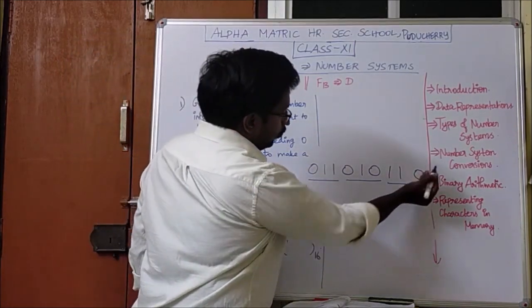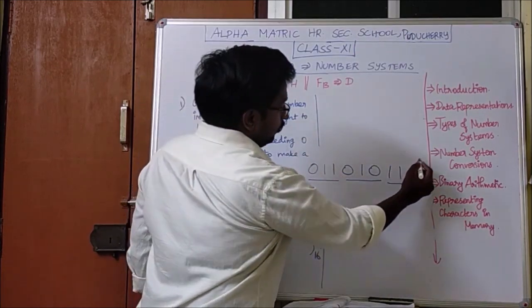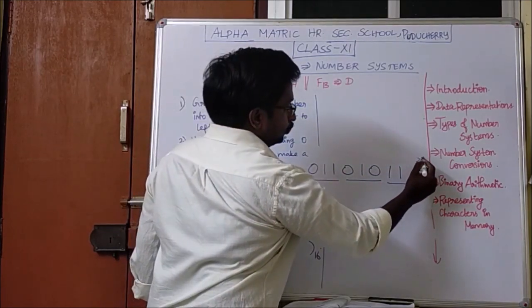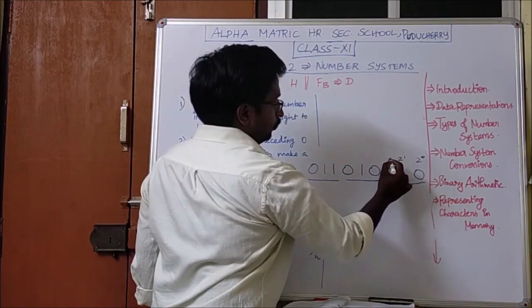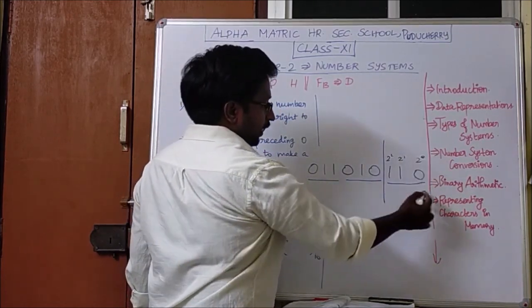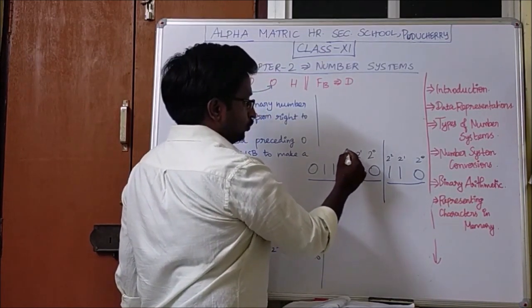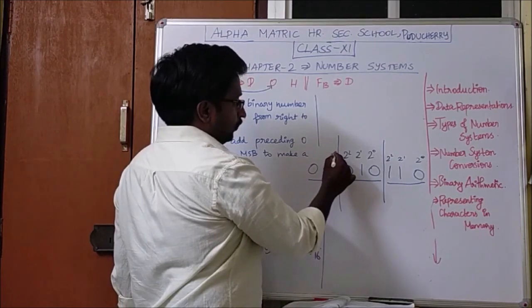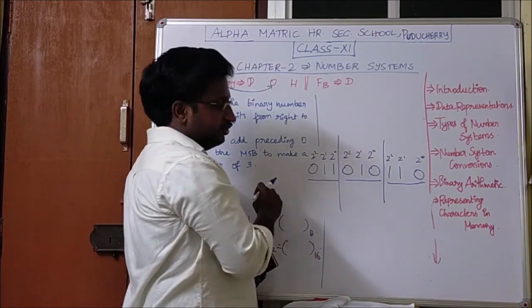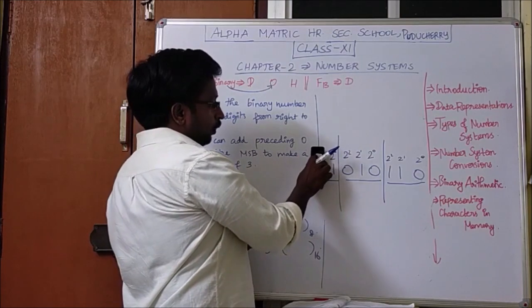But we have to know how they have derived the octal number to binary. So, the same as binary to decimal conversion, you have to write the powers of 2: 2 power 0, 2 power 1, 2 square. With this, one part gets completed. Again you have to start with 2 power 0, 2 power 1, 2 square. Again 2 power 0, 2 power 1, 2 square. This part, that is positional notation, you have to write in the rough work. Only the final answer you have to write.